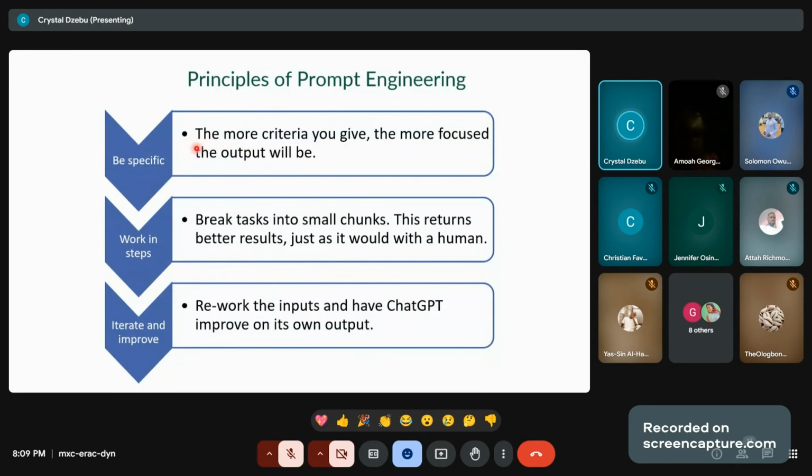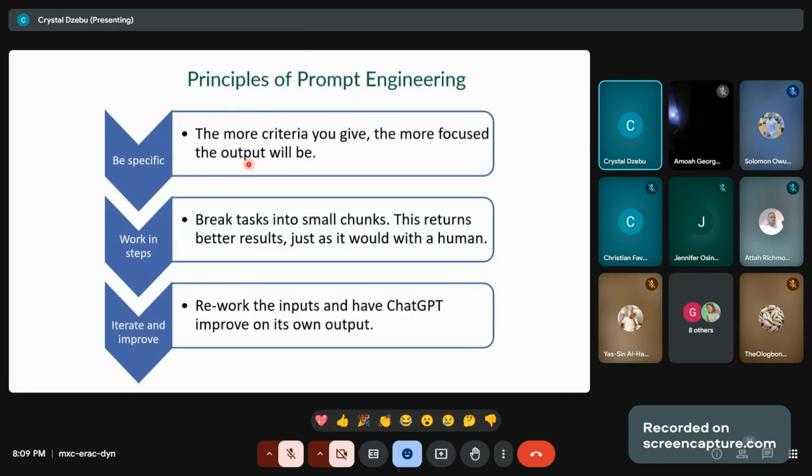I'm not coming to teach you how to cheat in assignments or projects or exams. The goal of this whole prompt engineering is to help us as students, and also later we will not be students forever, we'll be working. How to use AI in a very efficient manner to study and also to brainstorm.